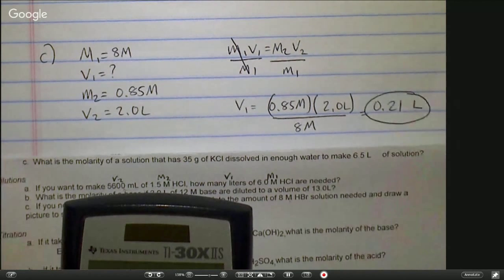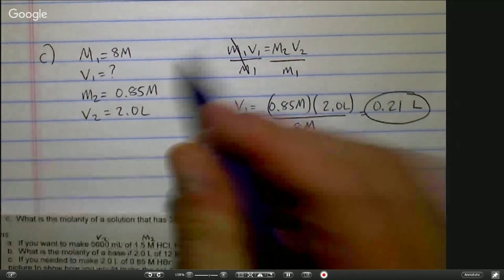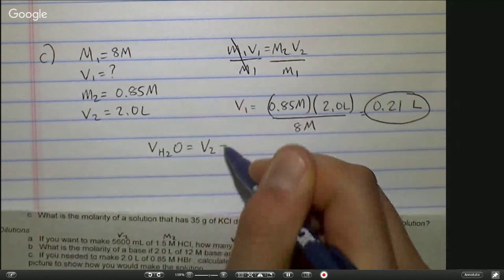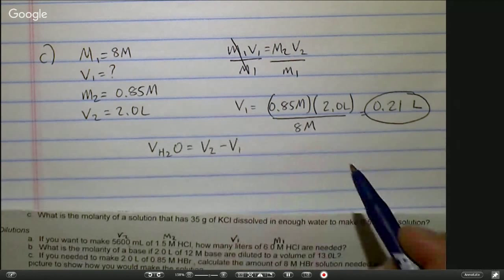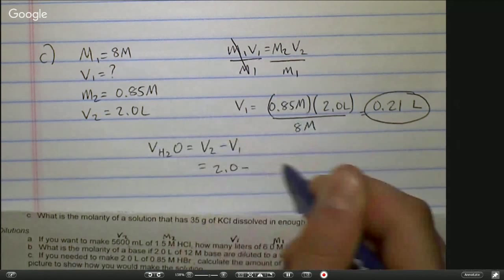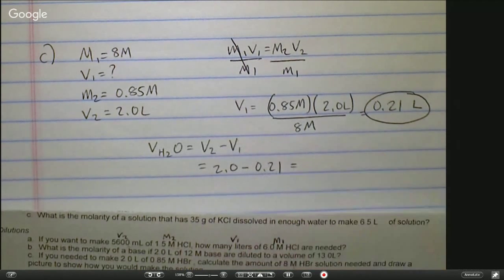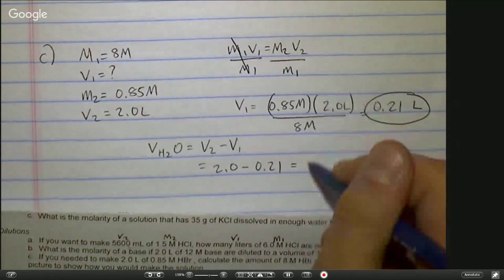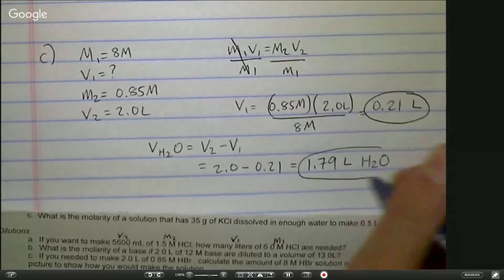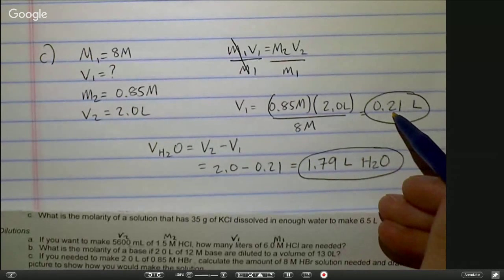liters. Now, real quick as you go, that would tell us how much of that initial concentration we need, but do be prepared to find how much water you would need as well. Okay, I'll put it in here as you go. Volume of the water to make the solution is your final volume minus your initial. So if our final volume is 2 liters minus our initial of 0.21, then we have a resulting volume of 1.79 liters of water that we would add to this 0.21 liters of